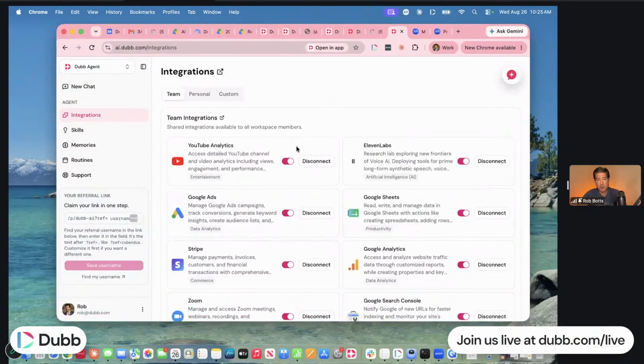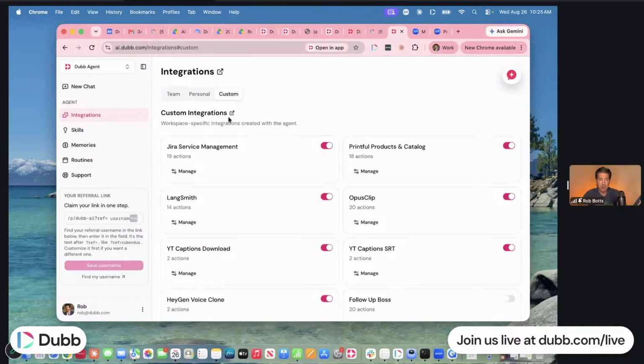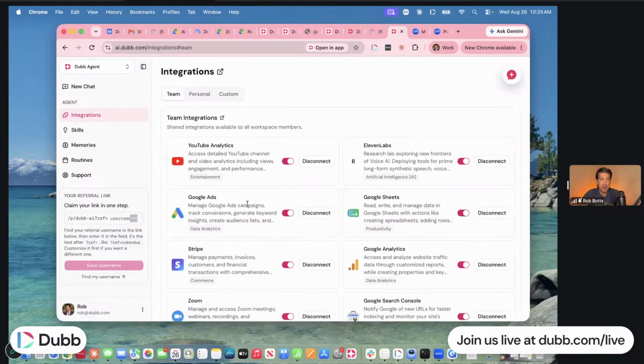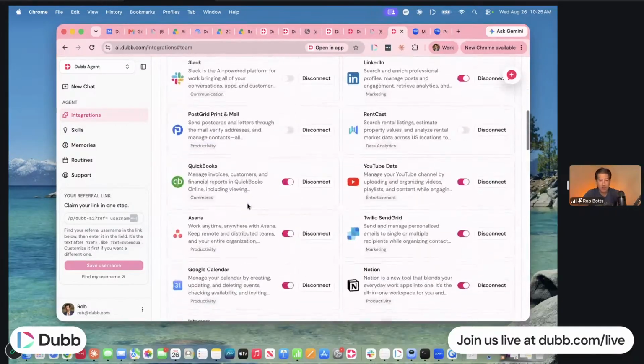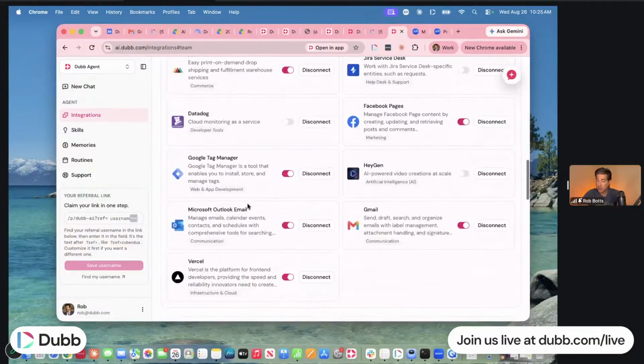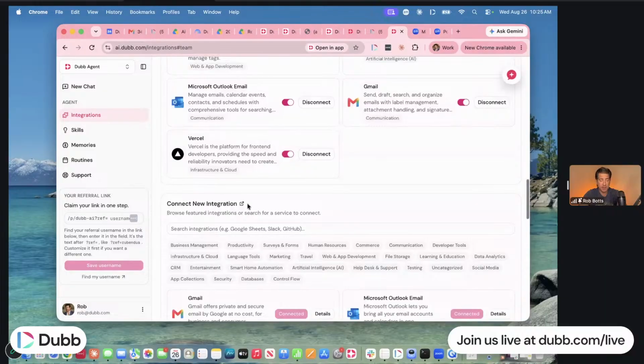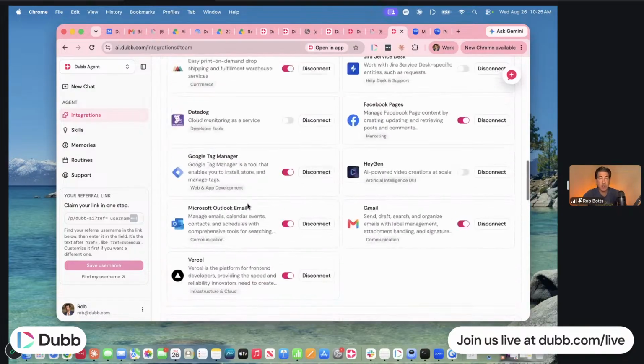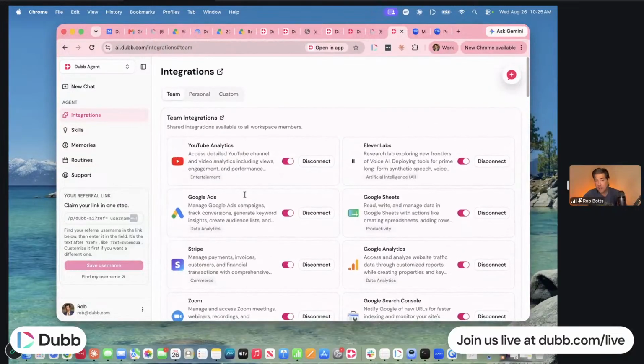And then custom integrations will be listed under integrations right here for custom. So when you select this here, this is where it will be listed. So if you can't find what you're looking for in regular integrations, just tell Dub Agent, do me a favor, create it, and it would list it in custom integrations. But the whole idea here is find the basic stuff first, your email, your calendar link, your CRM, all the things that you use so Dub Agent could poke its head in there and do what you want it to do.